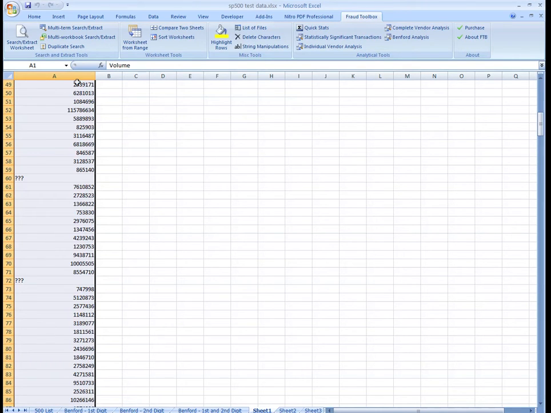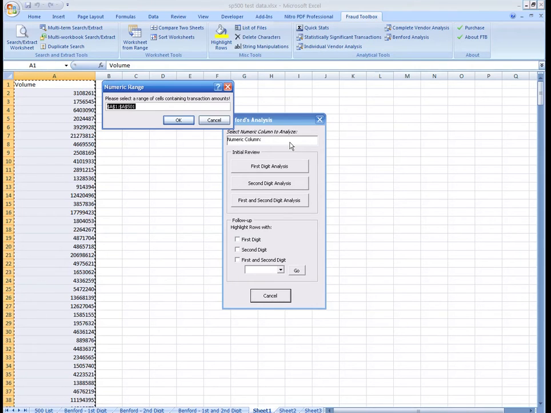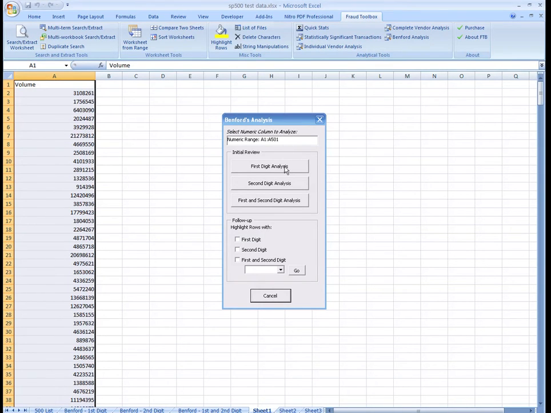But what we're going to do is, I've already highlighted this column of data. I'm going to click on my Benford analysis. I'm going to click on my column here. You'll see it's going to pre-populate with column A, row 1 through column A, row 501. Now what I'm going to do is click on the first digit analysis,